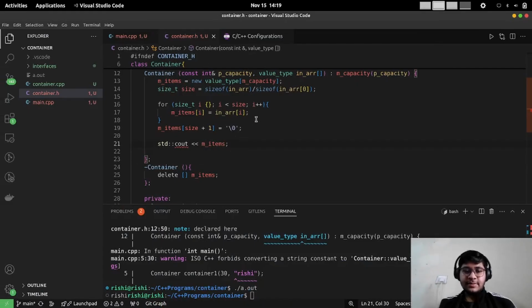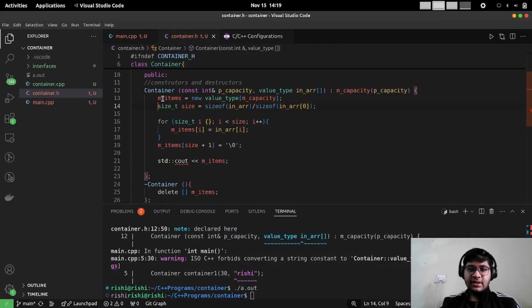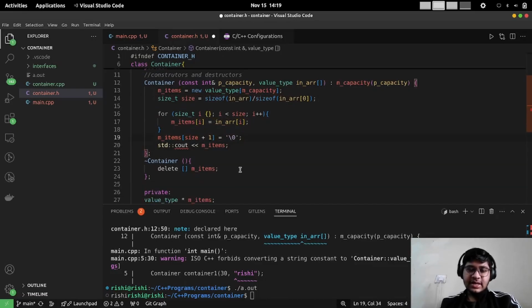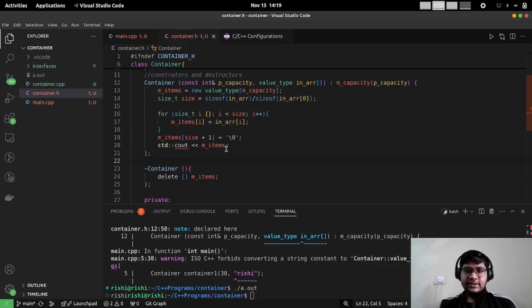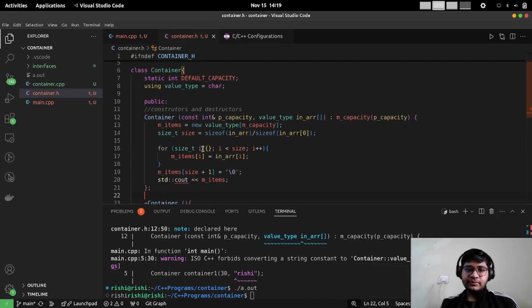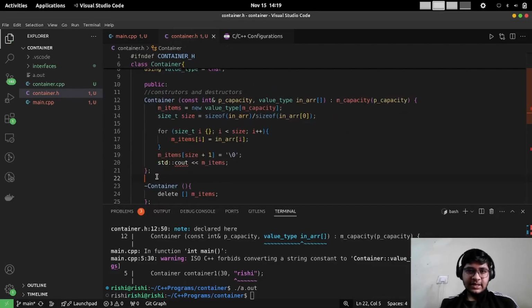So the next step is we can see that we have a constructor and we are making an m_items value type m_capacity. Cool. This is an achievement, one achievement. So the next thing is concatenating, which should be simple. But the next thing I would like to do is